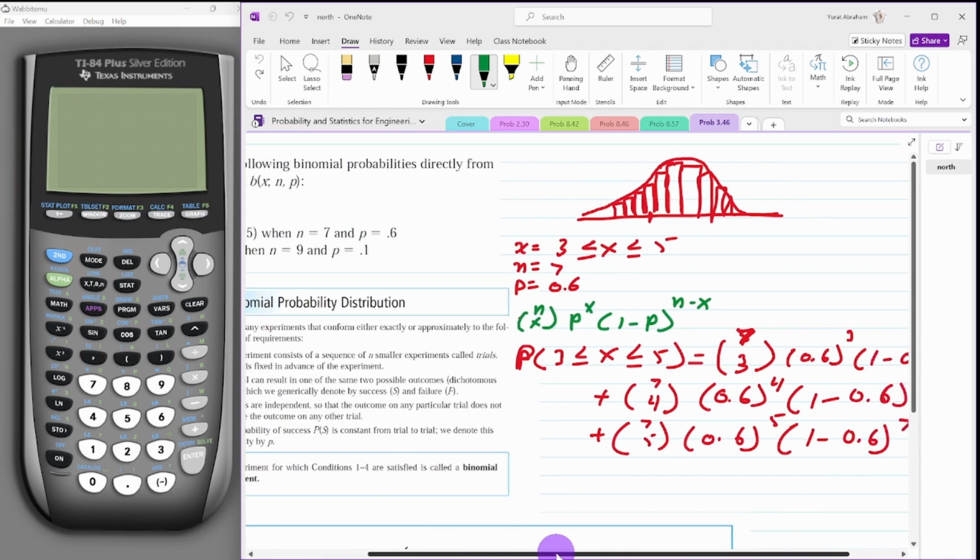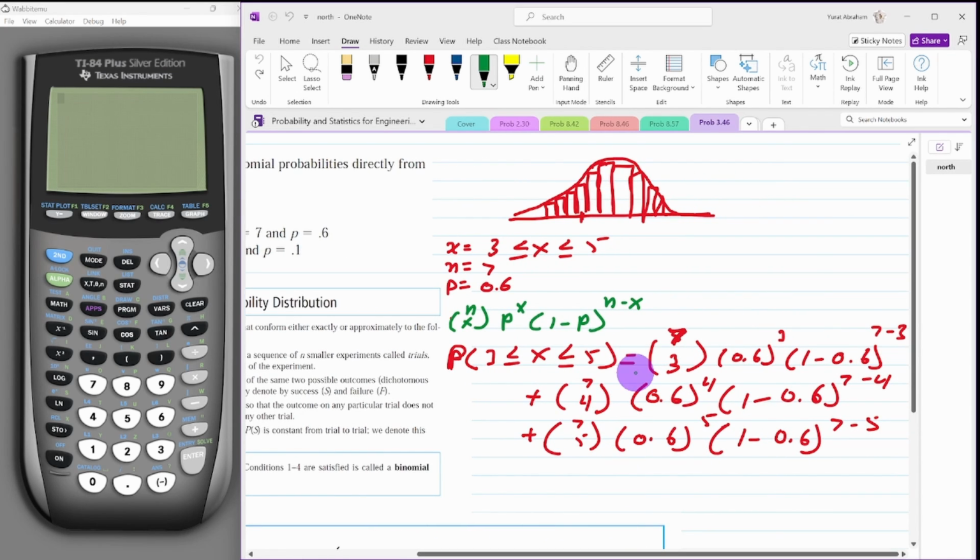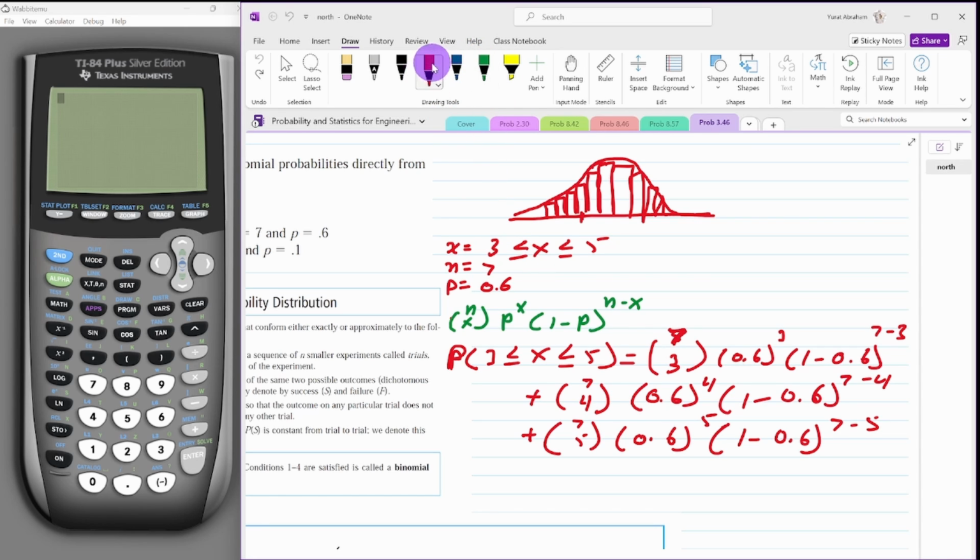Let me just go over here. In this case, because they want you to have between two numbers, we need to find the probability on each from 3 to 5. So I did the binomial distribution, as shown here in green,